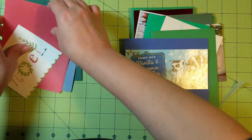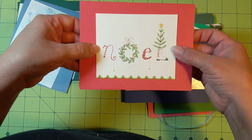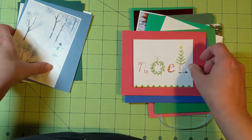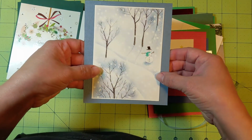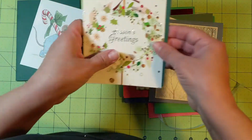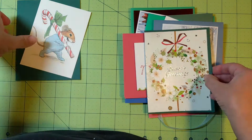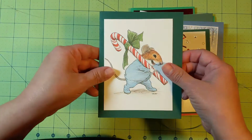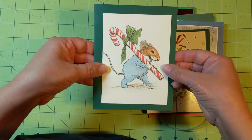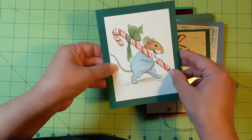I have a Noel that I cut out of a card. A little snowman scene that I cut down from a card that somebody gave me. This was cut down to fit. Little season's greetings. And then I have this cute little mouse. I know that my friend Allie gave me this one. It's so cute. And some of these cards are just too cute to not reuse, and they would be really